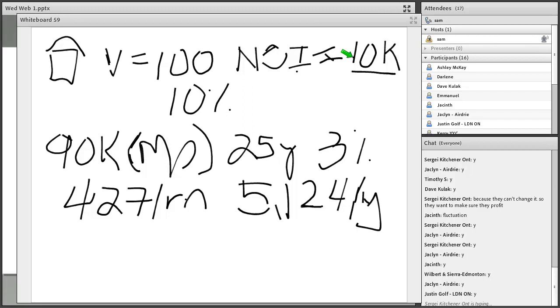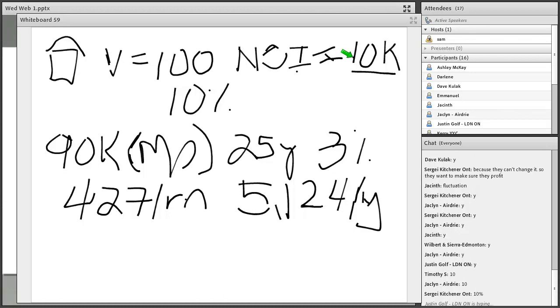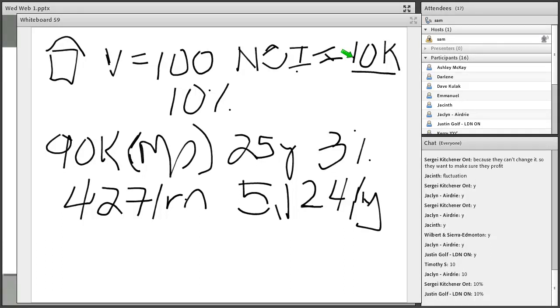The 10K now, when we take this away, and this really leads into the cap rate, because on this property, what's the cap rate? If it's 100K and we make 10K, what's the cap rate? Yeah, it's 10. And this is where you see how important the 10 is. Because we have a 10 cap rate, we can take a mortgage out, 25 years, 3%, $427 a month, $5,124 a year. What this does now is it drops our net operating income